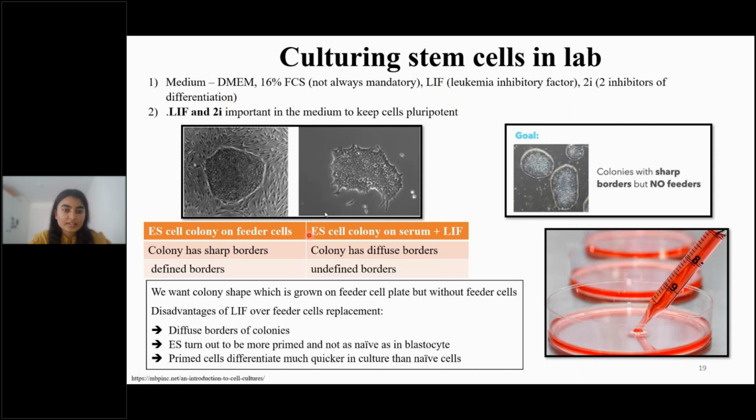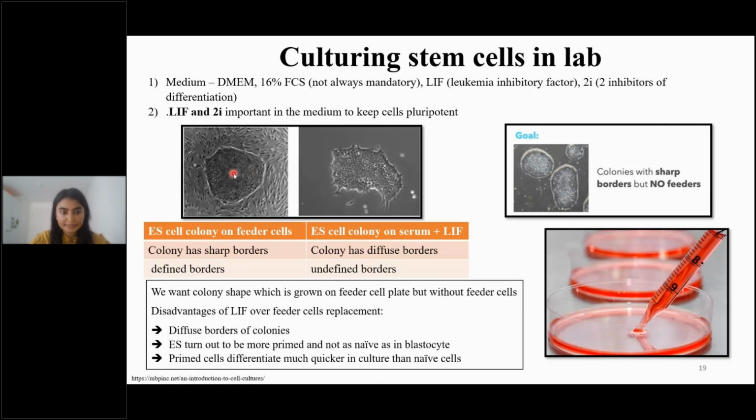So you can see here, these are two different conditions in a plate. These cells, you can see these are different types of cells, okay? These are called the feeder cells. So we take a plate, we put cells on the surface. On the bottom layer, we have feeder cells. So you can see these lines, right? These are the feeder cells. Now these cells are basically going to secrete LIF. What is LIF? It's leukemia inhibitory factor. Now if this LIF is secreted, it means that the stem cell will remain a nice good stem cell, okay?